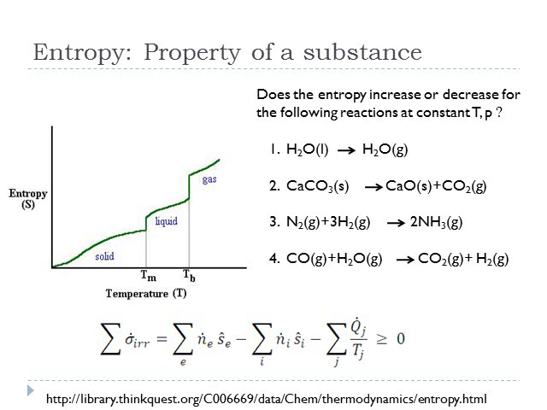Then we have another case. We have nitrogen and hydrogen making ammonia. You have one nitrogen, 3 molecules of hydrogen making 2 molecules of ammonia. So here we're going to have a net decrease in the entropy, meaning the flow rate of entropy into the system is greater than the flow rate out, because you have 4 gaseous molecules coming in and 2 leaving. So what this is telling you is that